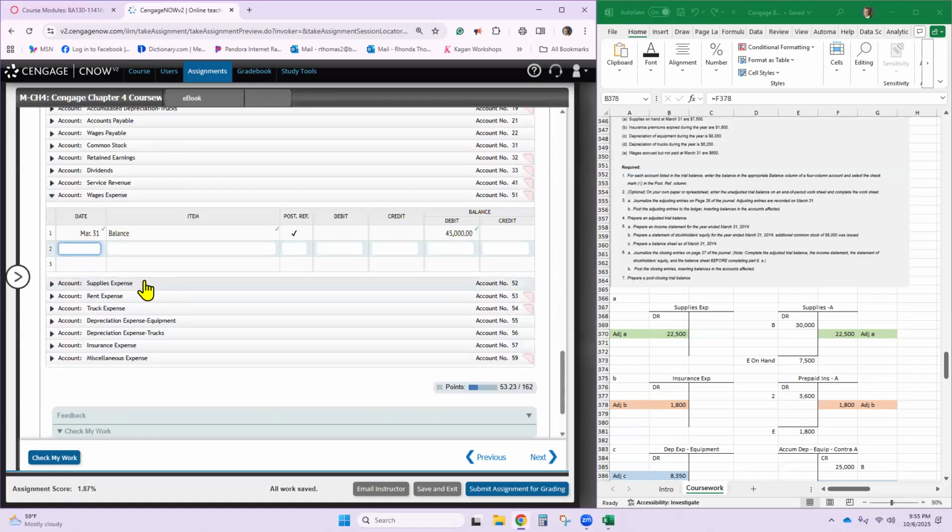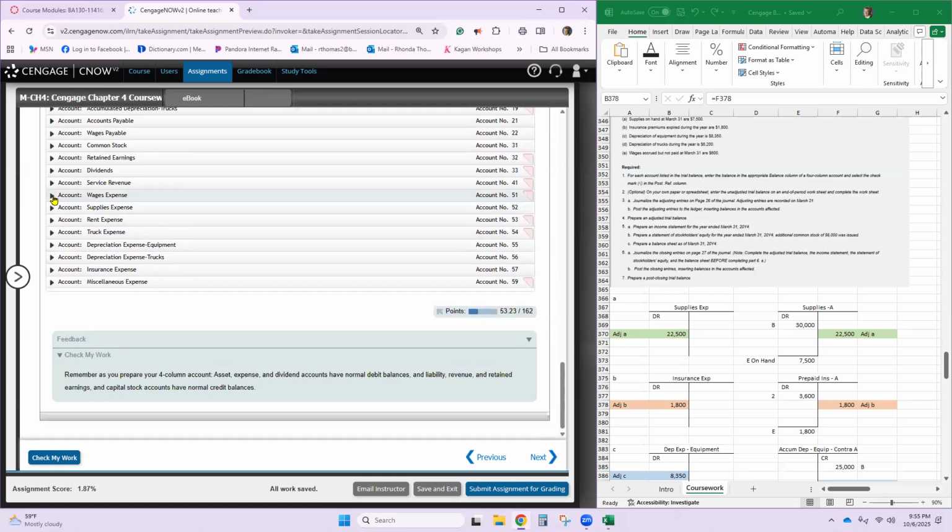There's a balance already. We're going to add to it from page 26 a debit of $600, $45,600. And then we want wages payable.